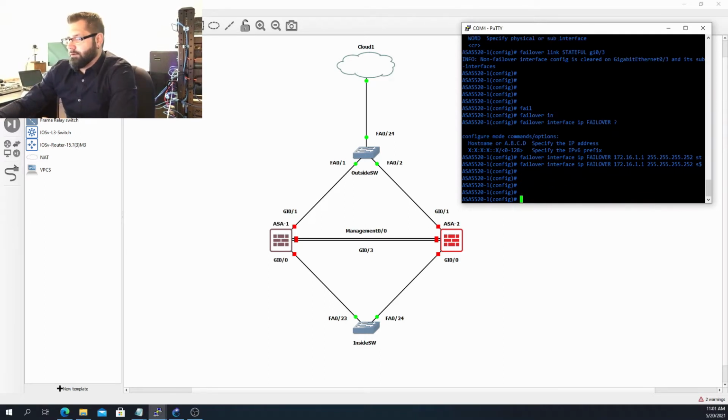And last but not least, well actually not last, because after we're all done with this, we do need to issue the failover command to initiate failover, or to tell the ASAs that we actually want to be in active standby. So we will go,